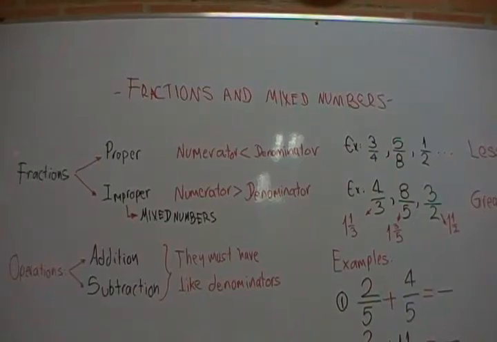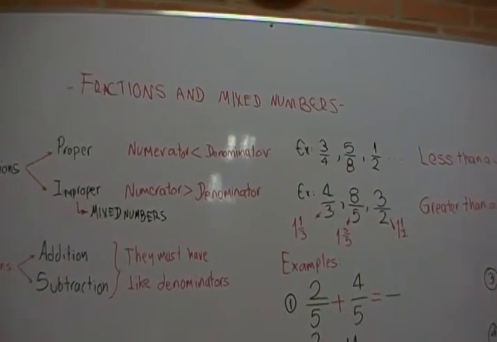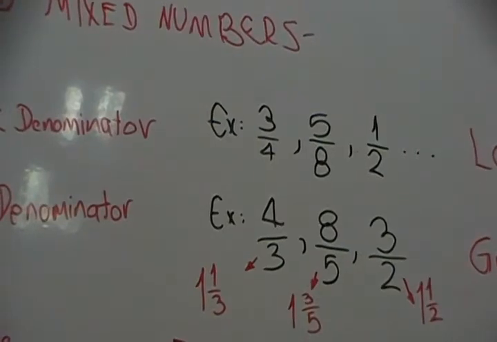This lesson is about fractions and mixed numbers. Fractions can be divided into two groups, proper or improper. The improper fractions can be written as mixed numbers. In proper fractions, the numerator is less than the denominator, so here we can see some examples: 3/4, 5/8, 1/2,